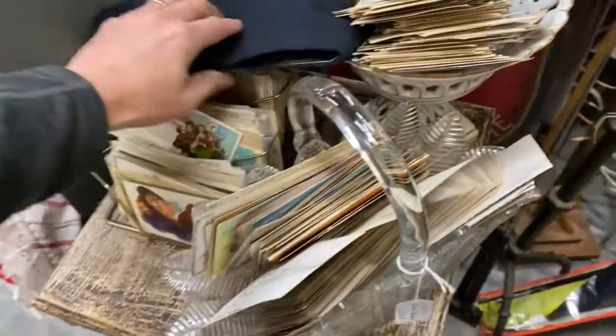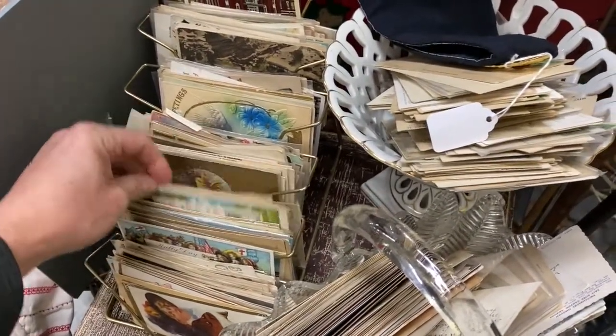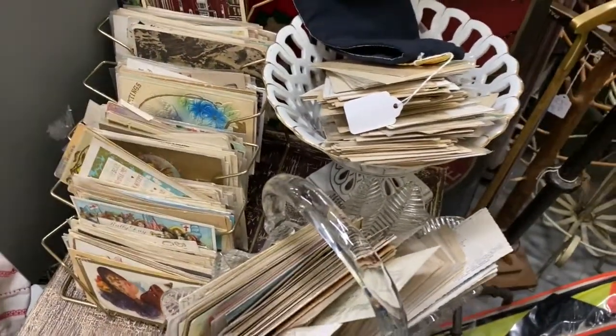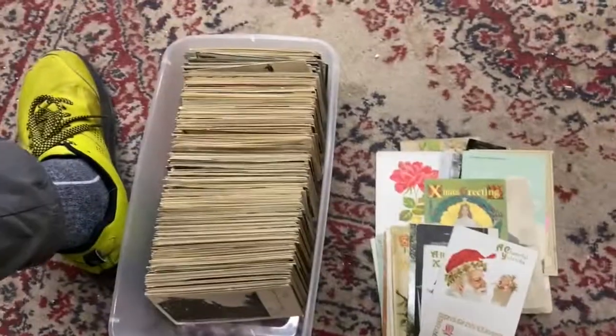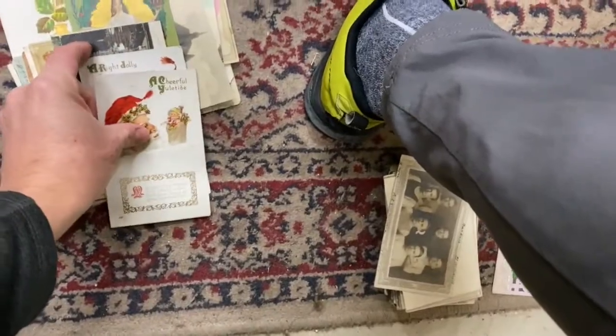Baskets full. And then I turn around in the far back corner, and it's hard to read and really explain, to be honest. All right, guys, I'm over here. There's the postcards. I got these right here to go through. I'm going through little bits at a time. I just pulled out a couple of